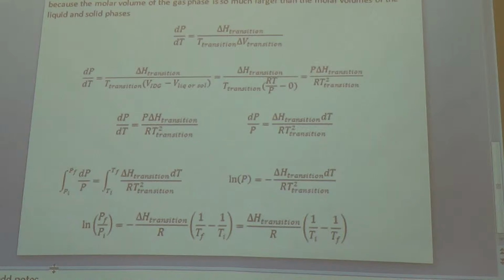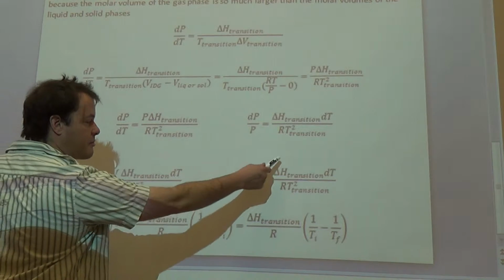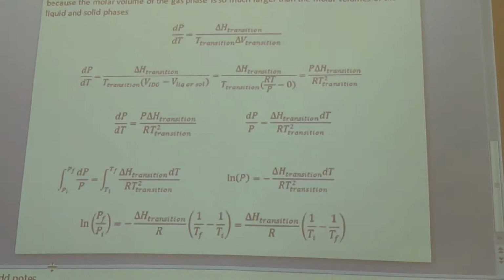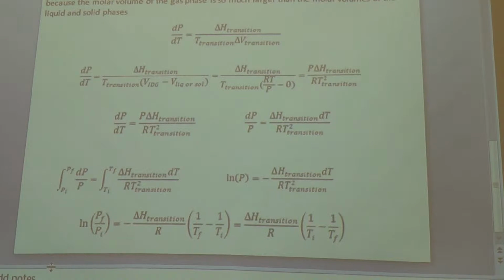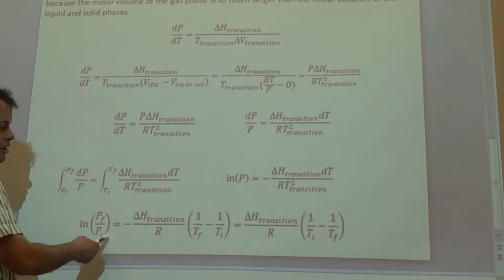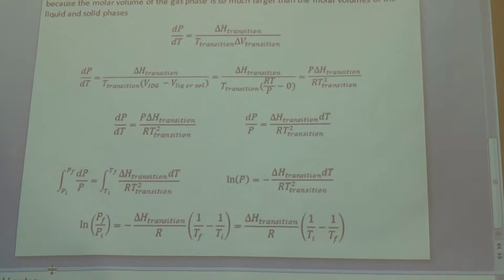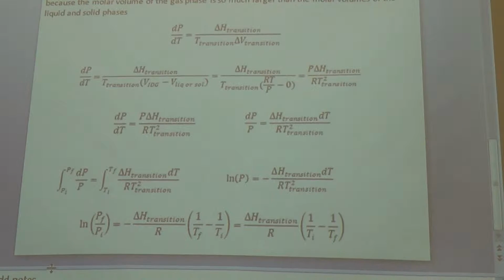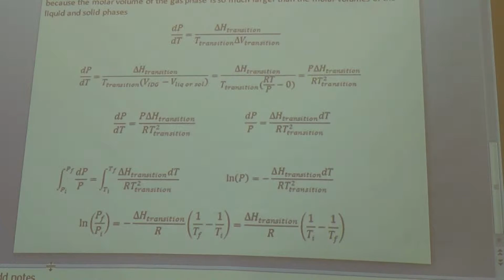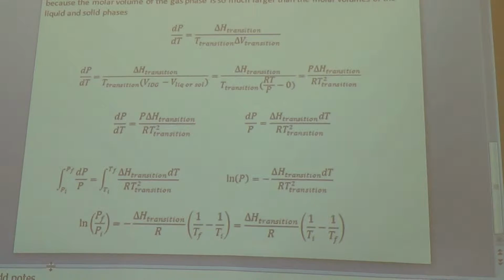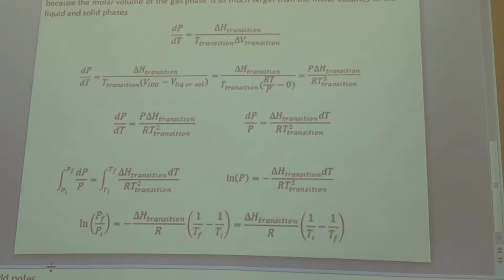dT over T squared, right? That ends up being negative 1 over T evaluated from initial to final conditions. We integrate dP over P, we get natural log of P final over P initial is equal to negative delta H of transition over R times 1 over T final minus 1 over T initial, right? And this equation then is the equation that maps us from one point to another along any of these